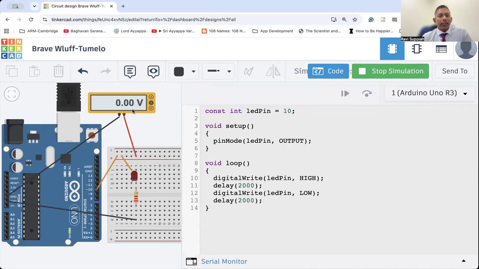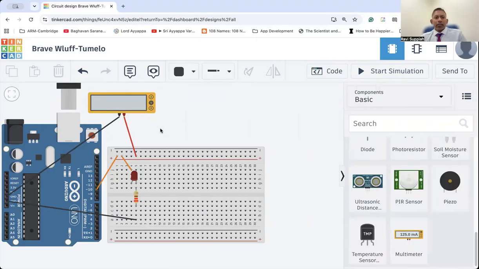Okay, so as you can see, when it's on, it goes up all the way to 4.44 volts. And then it goes to 0 volts when it's off. Now, this is when I am doing the digital write. Now, to perform the PWM operation,